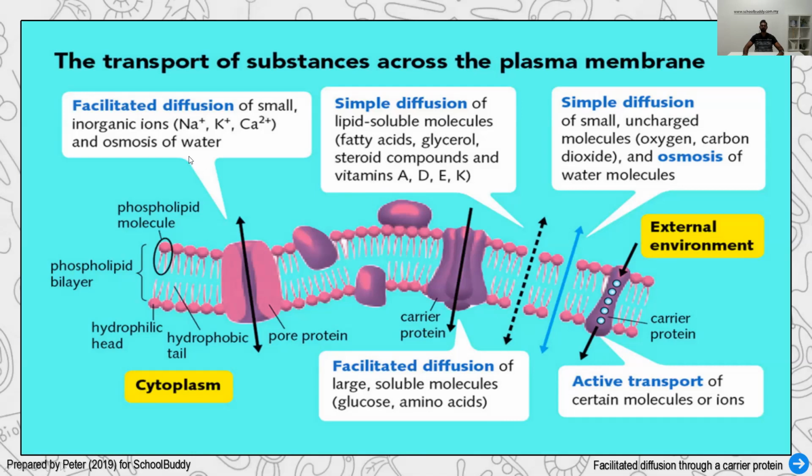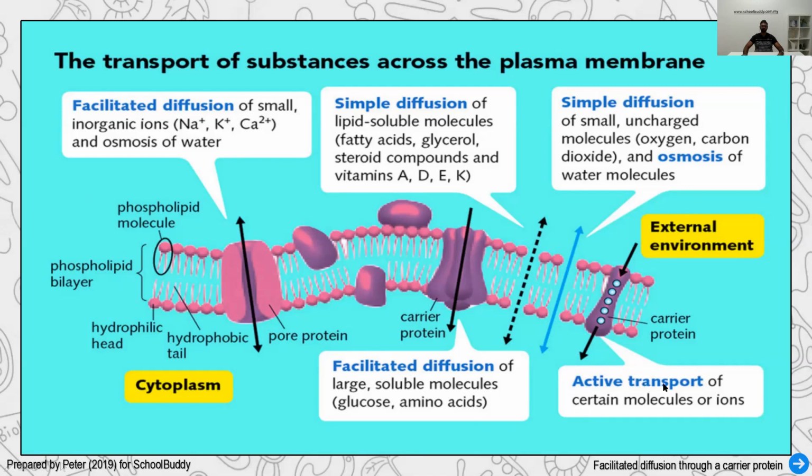So we see facilitated diffusion and simple diffusion. Next, we also have another type of simple diffusion, involving small molecules that shouldn't be charged, because charged ones require facilitated diffusion. Oxygen and carbon dioxide can all go through this lipid bilayer, and water can also go through this and also through facilitated diffusion. And the last